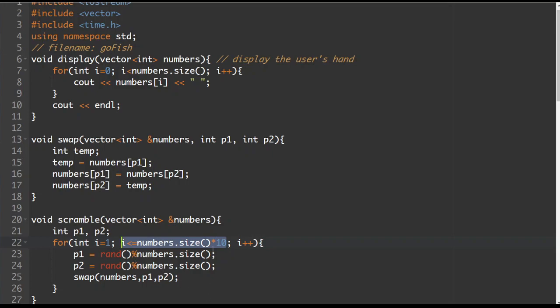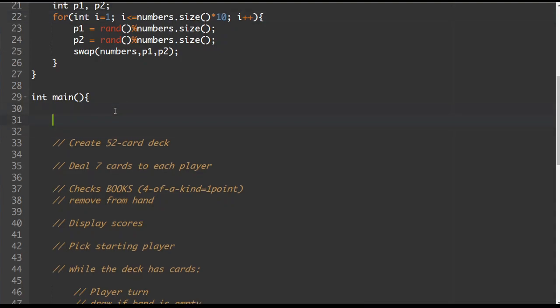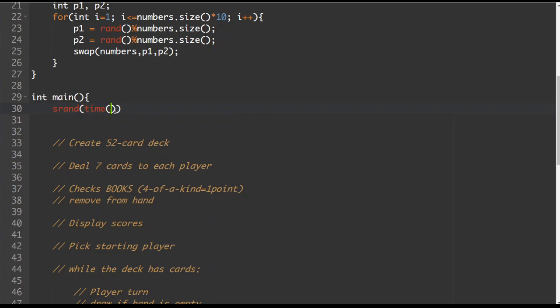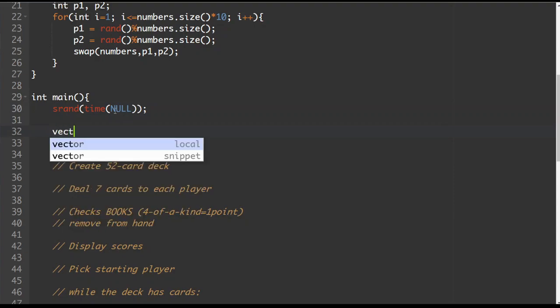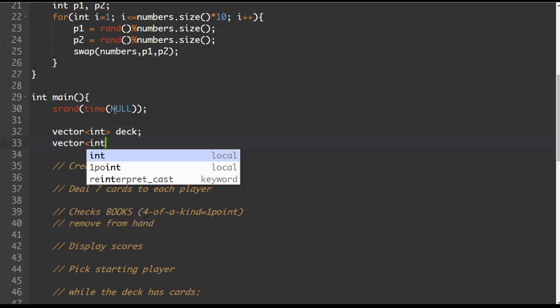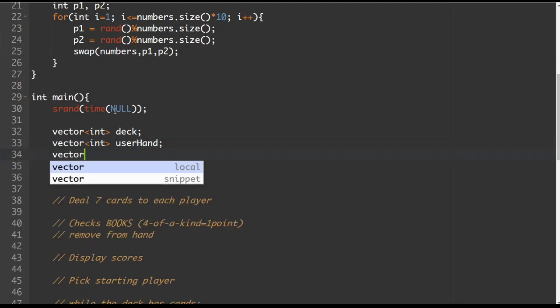Okay, so let's go to the main program and create things as we go. We're going to start with our variables at the beginning. What we're going to need is, of course, we're dealing with random numbers, so srand(time(NULL)). Now for vectors, vector int deck, we'll need the deck that we'll be using. We'll have vector int user hand and vector int